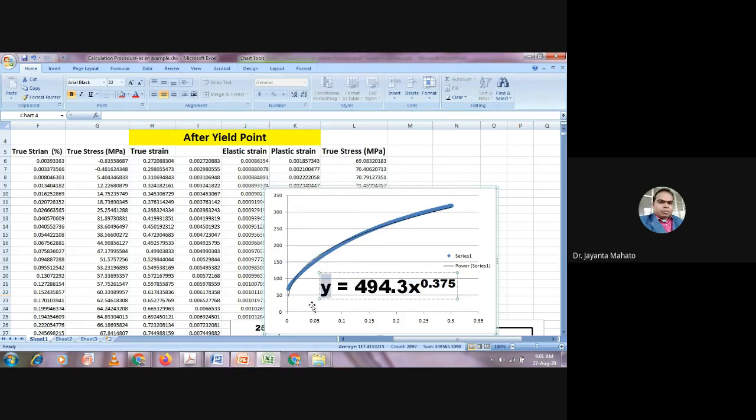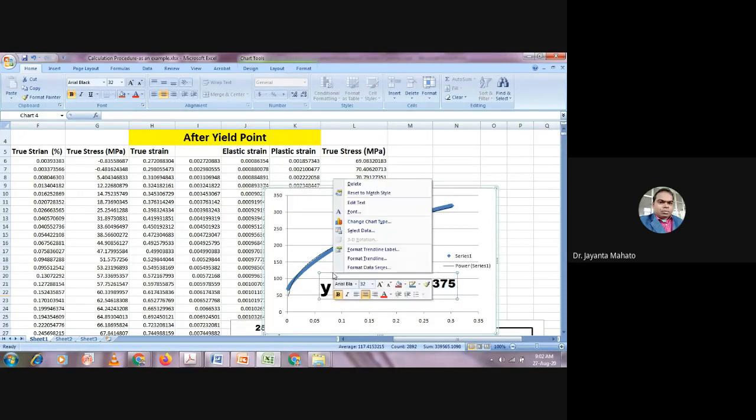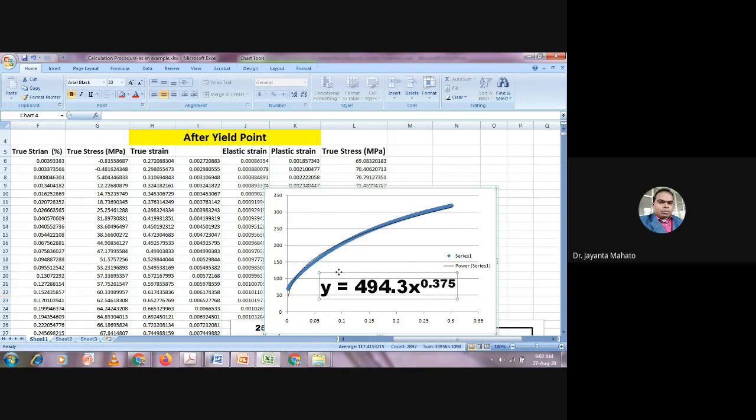Okay, so true stress sigma equals something multiplied by plastic strain to the power something.